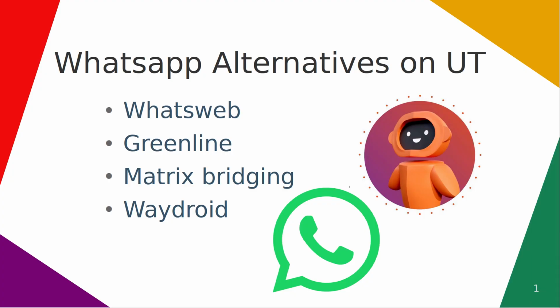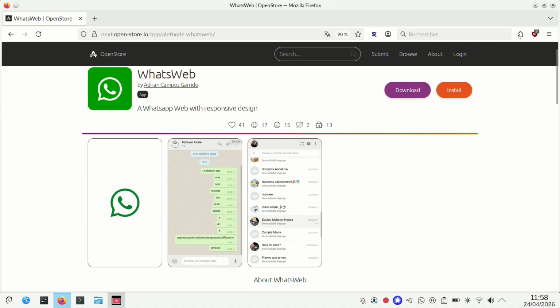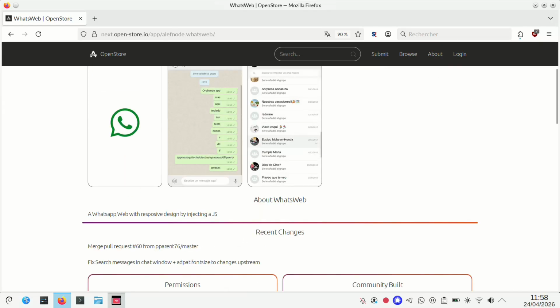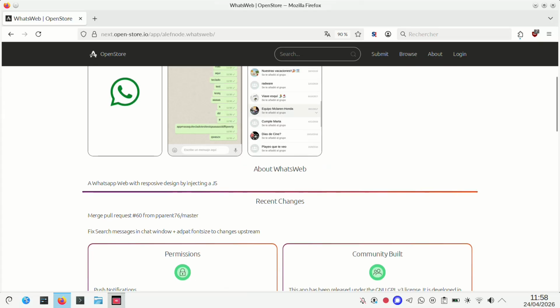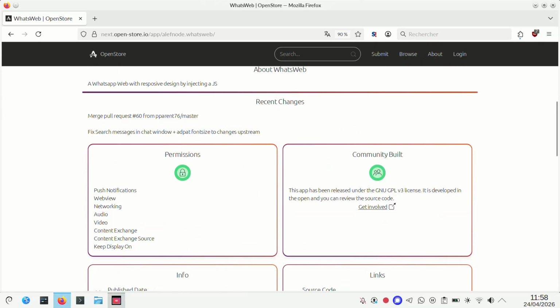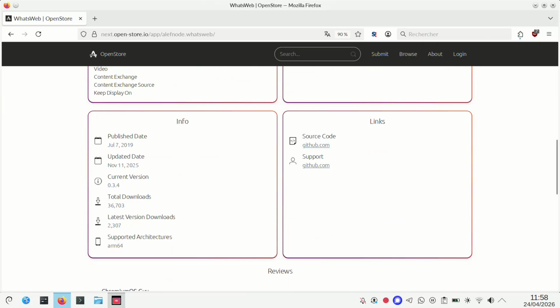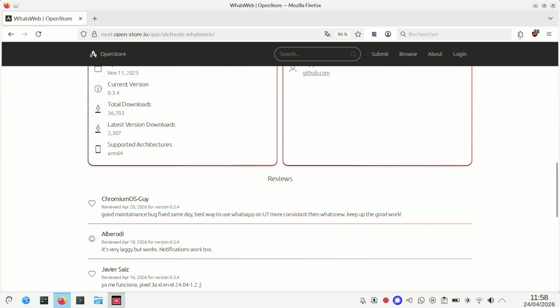Okay, now I'm going to talk about the few alternatives that can allow you to use WhatsApp on Ubuntu Touch. So let's begin with WhatsWeb. You see, WhatsWeb is an application that I have used personally for a few years, and I really thank its author Adrián Campos Garrido. WhatsWeb has a very similar concept to Whatsnew because it also displays WhatsApp Web in